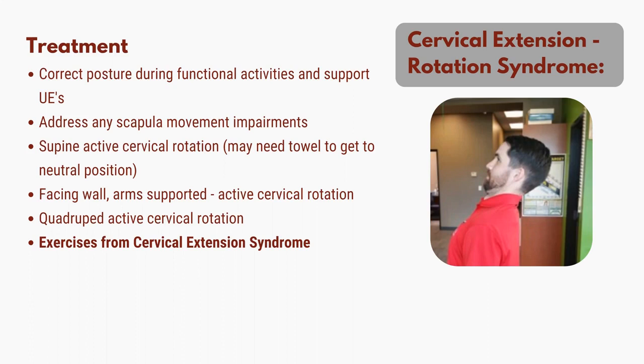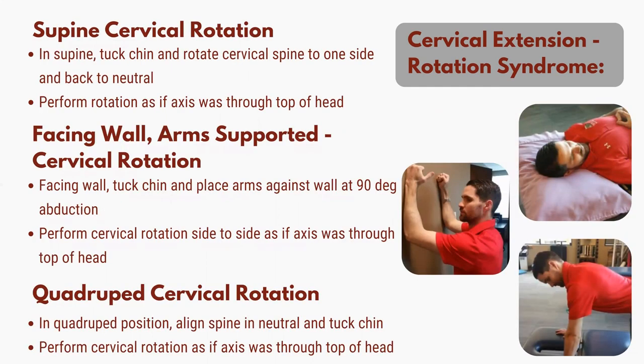And then we see a few exercises here that we're going to go through that are specific to the cervical extension rotation syndrome, and then definitely want to include the exercises from cervical extension syndrome. So these specific exercises here, we'll start with supine cervical rotation. So you'll have the patient just perform a slight chin tuck and then rotate their cervical spine to one side